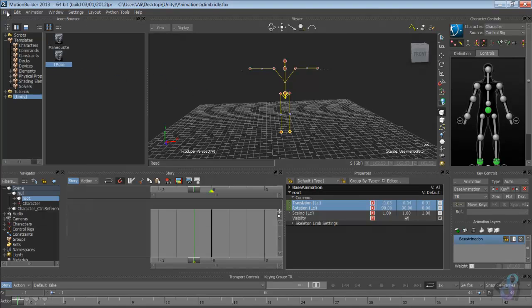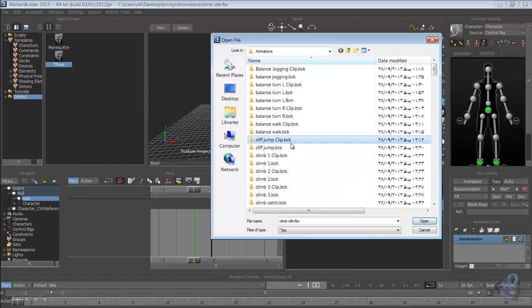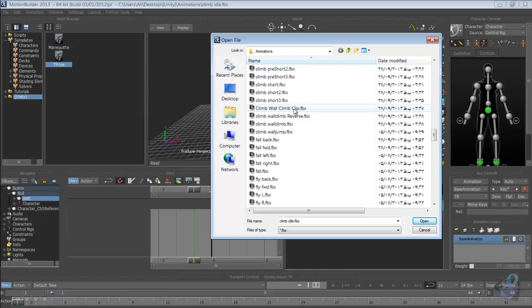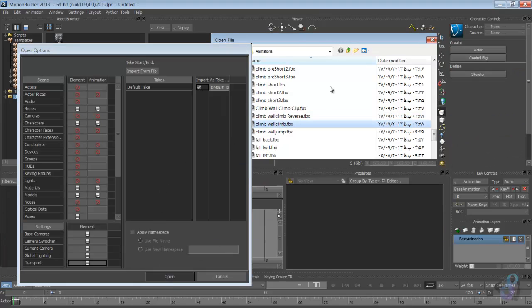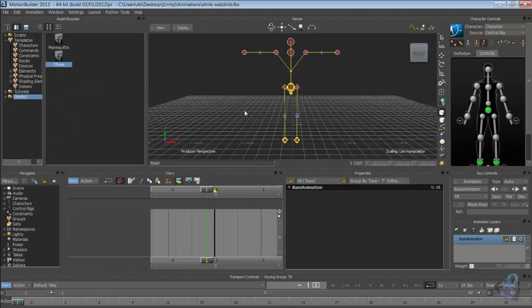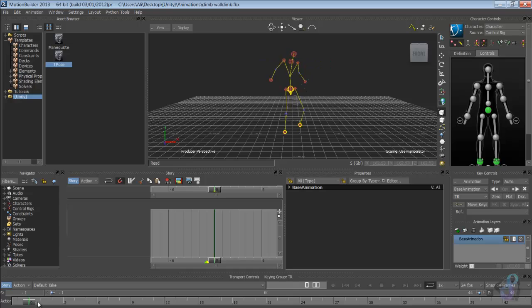Now, the last one is really sweet. Let me show you what I had and came with this idea later. You will see that I had a wall climb, and I made a duplicate of it and added a reverse suffix to it. Now, if you look at wall climb, by the way, it's a finished characterization file, you will notice that the left hand is on top, it comes down, and at the same time the right hand,